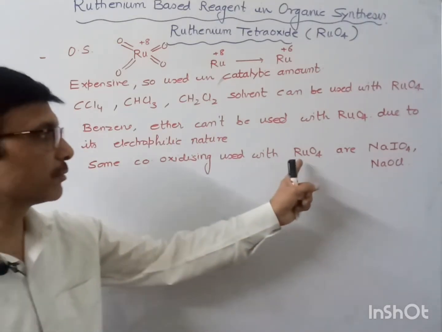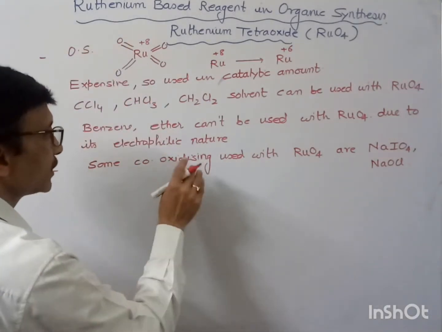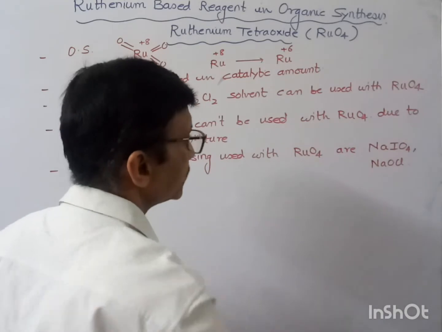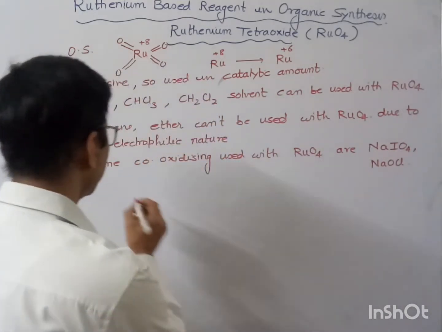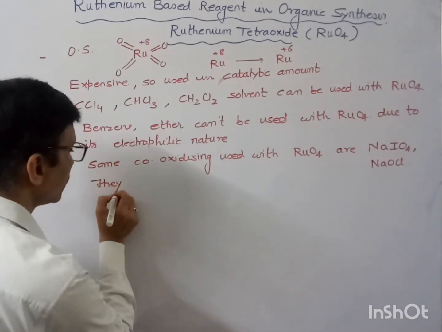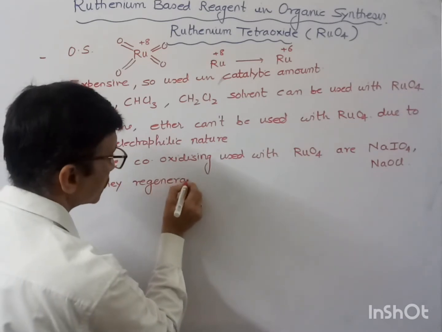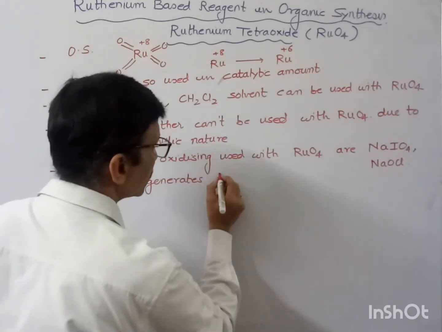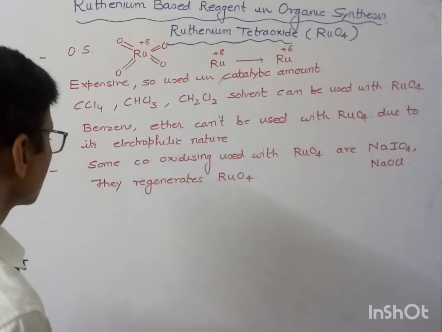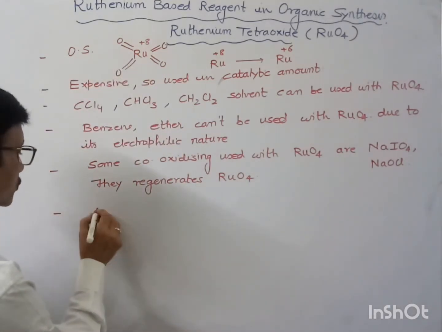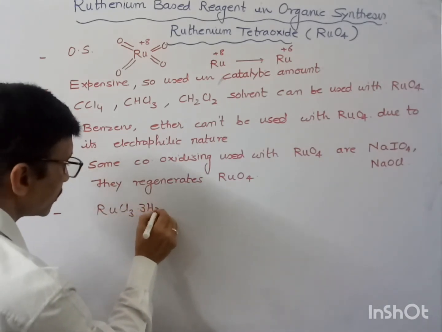Sometimes we can use some other salt of ruthenium also. These co-oxidizing agents regenerate RuO4. Some of the combinations that can be used, for example, are ruthenium trichloride